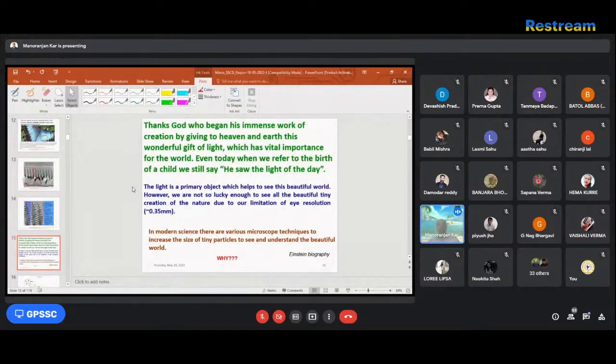Thanks God, who began his immense work of creation by giving to heaven and earth this wonderful gift of light, which is visible light, which we can realize. Don't think that we are talking about it today. God has given the creating of this visible light. Don't think about it, and if he could make our eye see within the X-ray range, today we have formulated